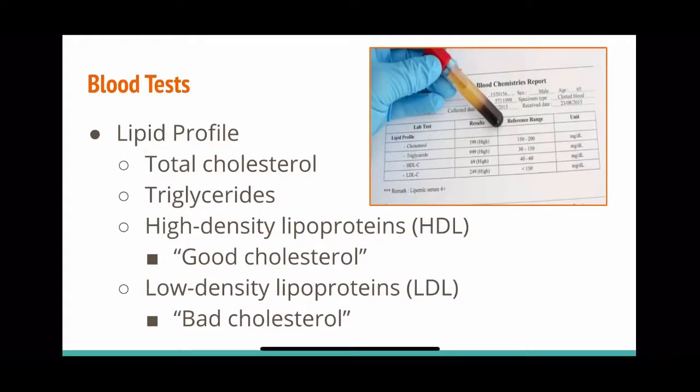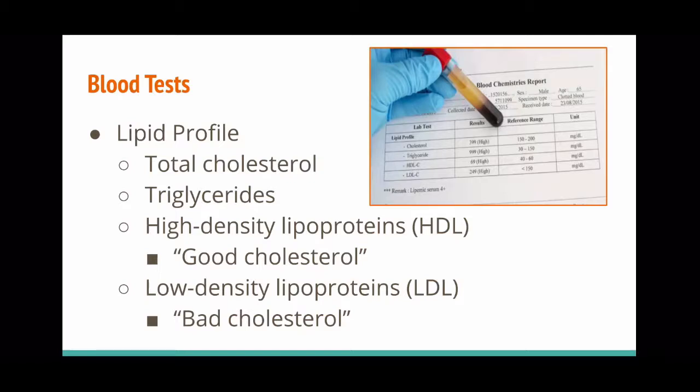So let's start off by talking about some different things that doctors can look for in blood tests to help diagnose a patient with cardiovascular diseases and disorders. Now, the first thing they tend to look at is what we call the lipid profile. The lipid profile will give